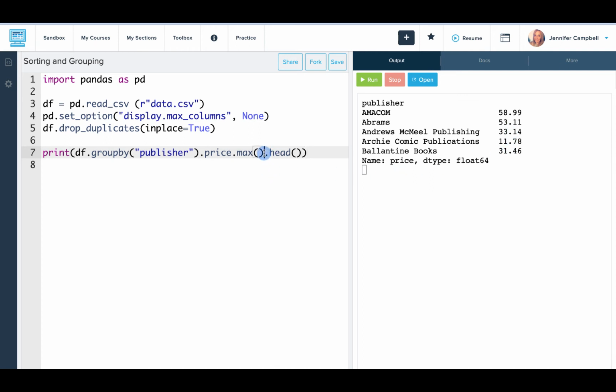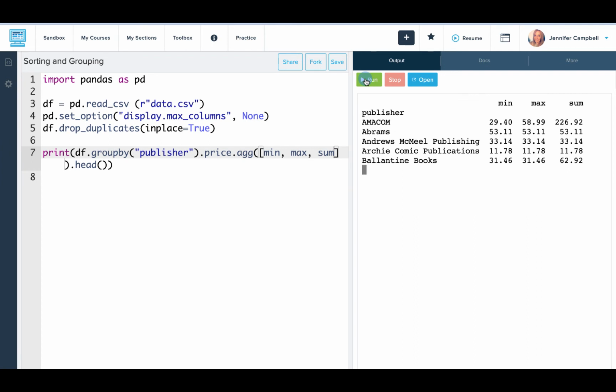Instead of just finding the max, we can print out a few things at once. There's a function called AGG for aggregate, and we can include a few parameters in here. We can show the minimum, the maximum, and the sum of all of the prices all at once. Cool, so here we see the minimum price, the maximum price, and the sum of all prices. And like Abrams only had 1 entry, so the minimum is the same as the max is the same as